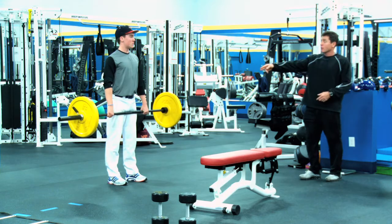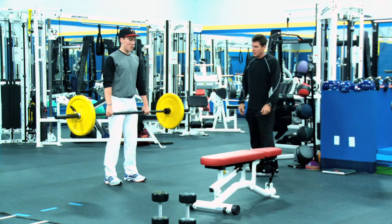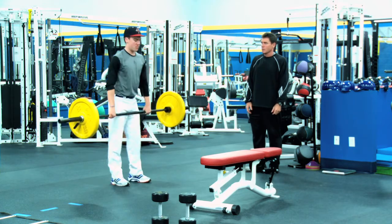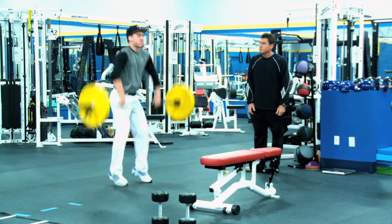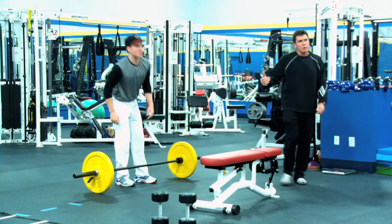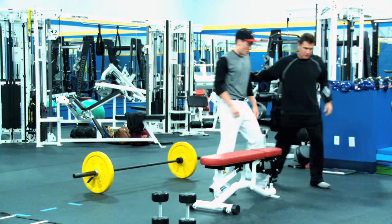Okay, good. Now, we can go from this position and also do a clean. So we can do a hang clean. One more. One more, yep. Okay, all right. See, all those exercises did a couple of things which are important as